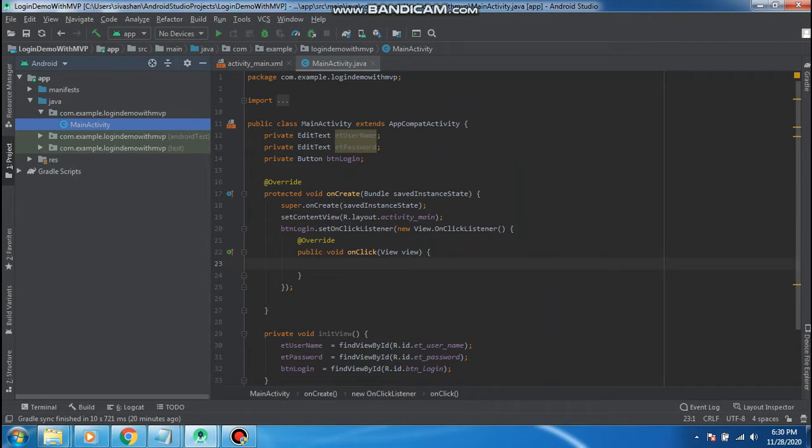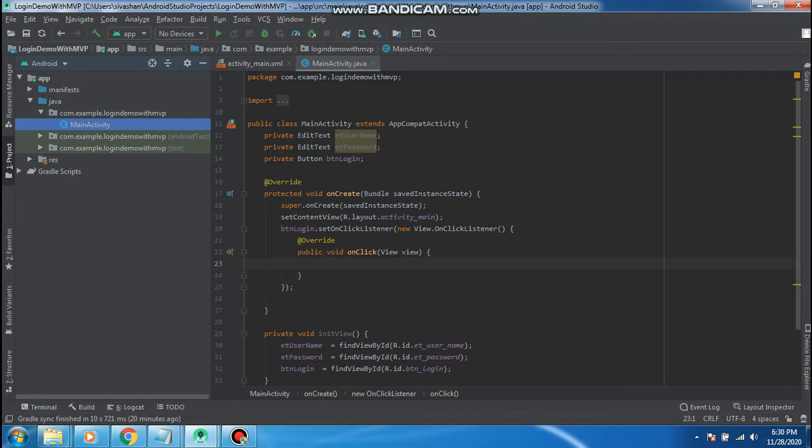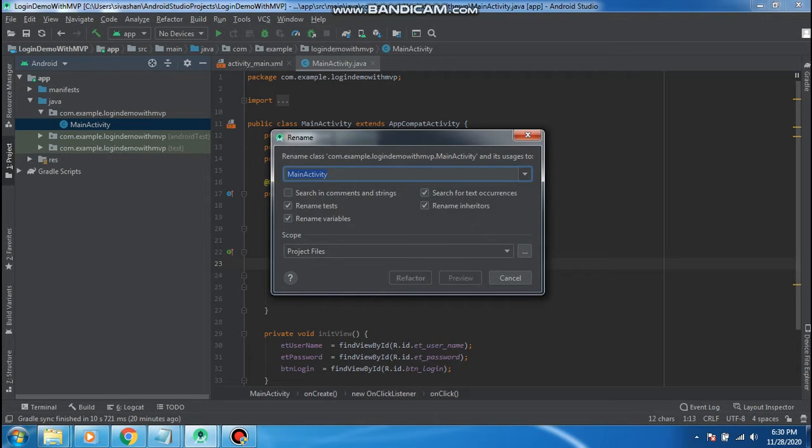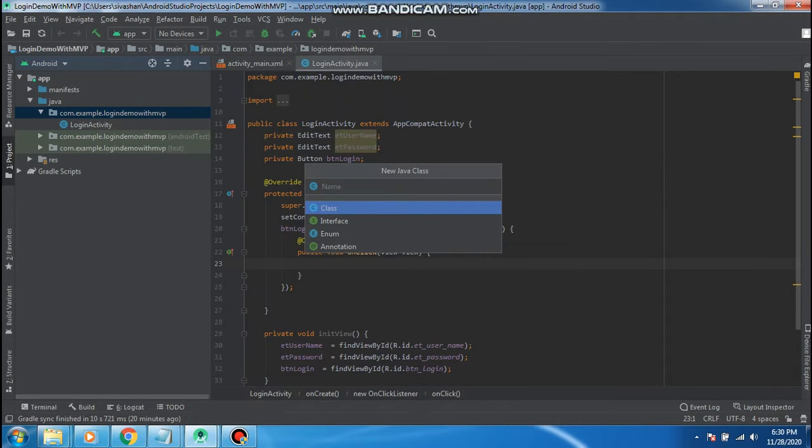Now I'm going to declare interfaces for the presenter and view model classes as well. First of all, I change the activity name. First, I create a view interface for view communication.